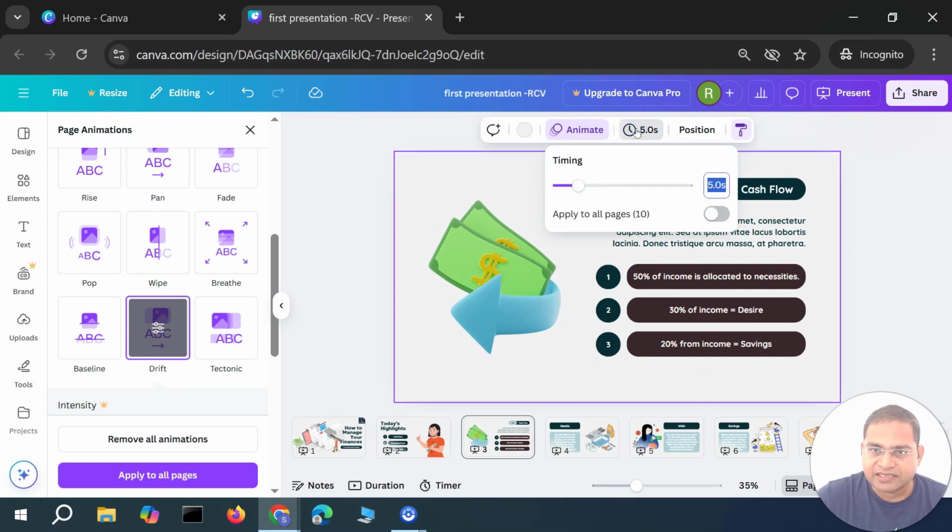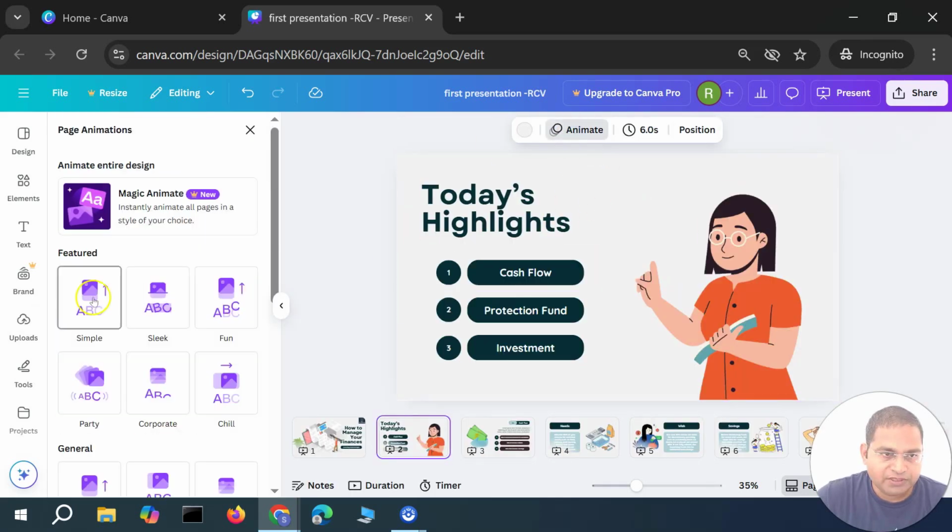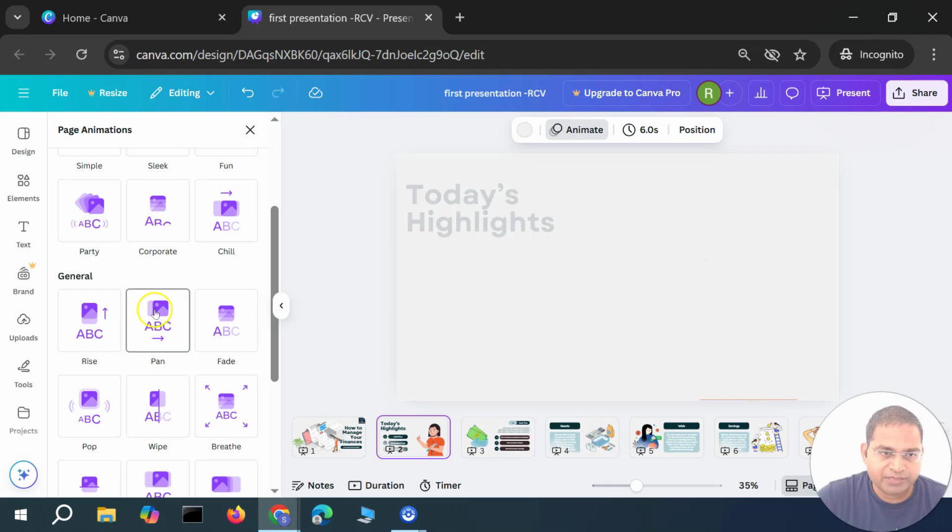Then edit timing is what you use to change the timing for animation, and then below you will see the option to apply to all 10 pages. So whatever update you are doing here for the timing, you can apply to all 10 pages. Okay, if I go here, you then again can animate, depending on whether you want to do the same animation or some other animation. So you can